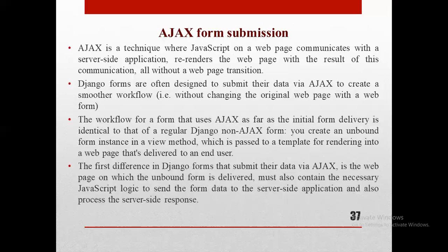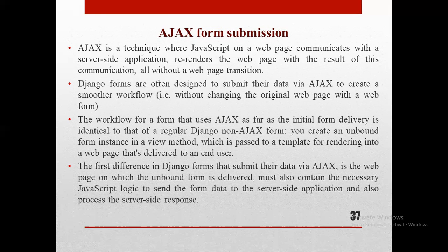Next is Ajax form submission. We have seen partial forms, now the Ajax form submission. How do we pass Ajax forms to a Django server? It is a technique where JavaScript on a web page communicates with the server-side application, which re-renders the web page with the result of this communication, all without a web page transition. Django forms are often designed to submit their data via Ajax to create a smoother workflow, that is, without changing the original web page with the web form. Without changing that page, we are going to send that form